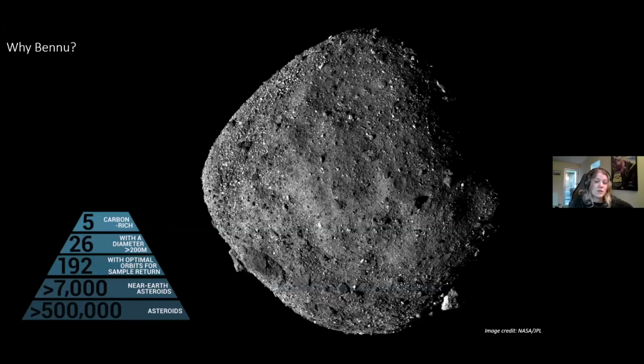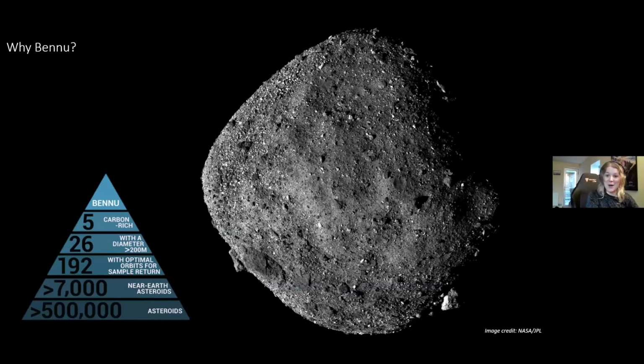And one of the ways that they could try and identify that from the ground was to look and see if they had any carbon in them, which suggests that they have very primitive material on them. And there's only 5, in which case they eventually did. They kind of came up with Bennu at the end. So this was a sample return mission. So they had to find a place that they thought was appropriate to, oh yeah, I'm being told to wrap up quickly because I'm going really fast.